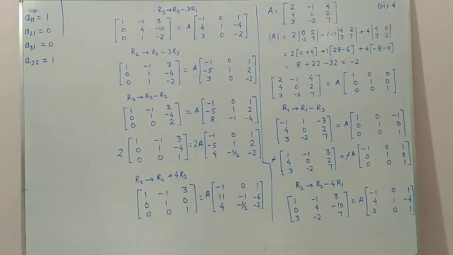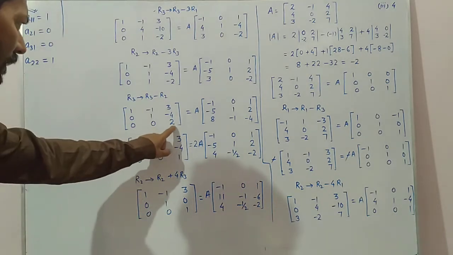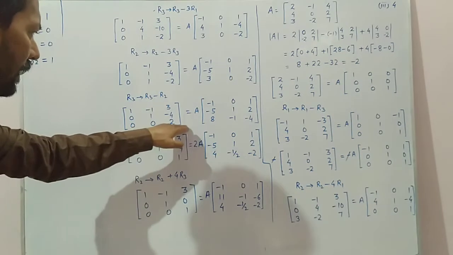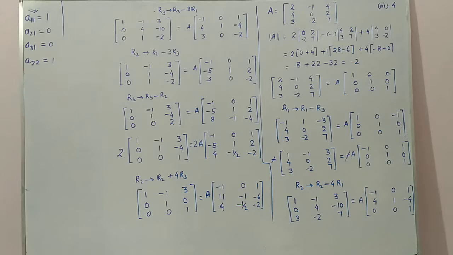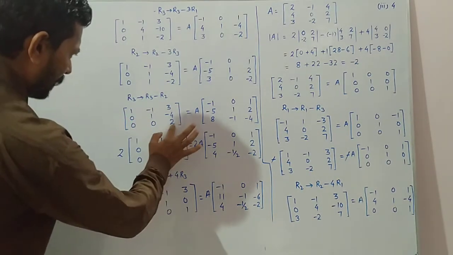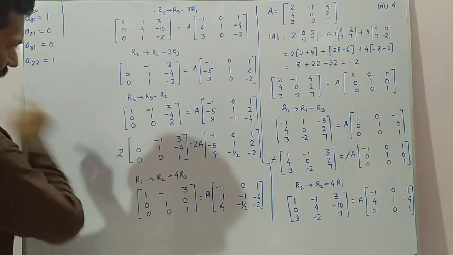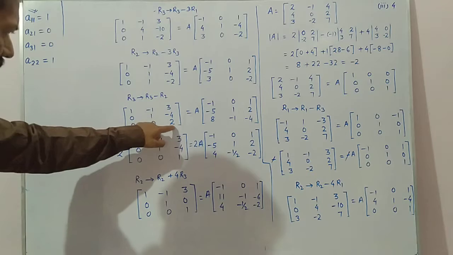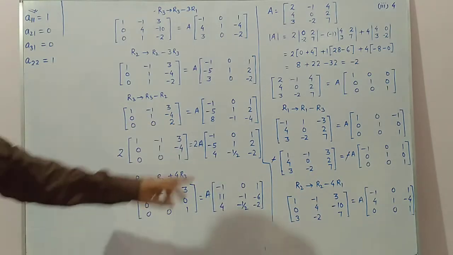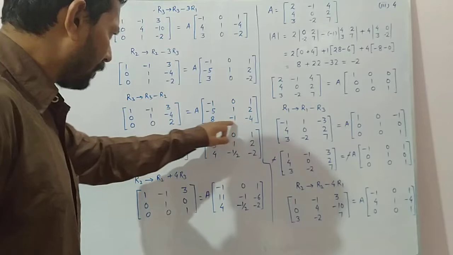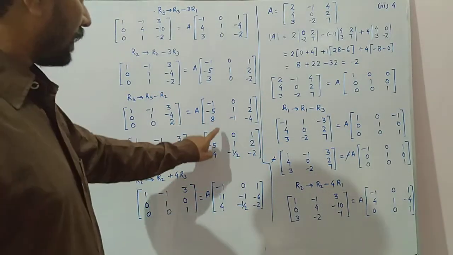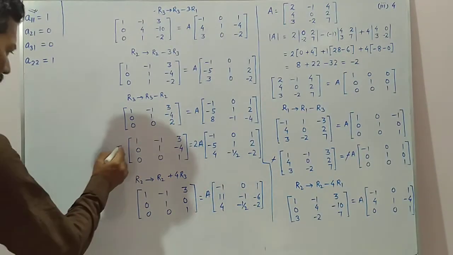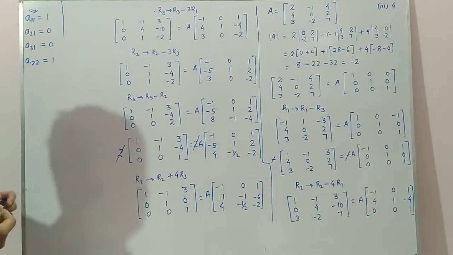Next, this is 0, 0, here we require 1. So here throughout this row you see both are 0. Here we can bring it 1 by taking 2 common from this row. See here, whenever throughout the row it is 0 and only one element is there, so we can take 2 common. This will be 0 0 1. So we have taken 2 common from the third row of the left hand side. So from the third row of right hand side also we will take 2 common. From here also we have taken 2 common. This will become 4. This will become minus 1 by 2. This is minus 2. Now we can cancel this 2. 2 and 2 will cancel out.